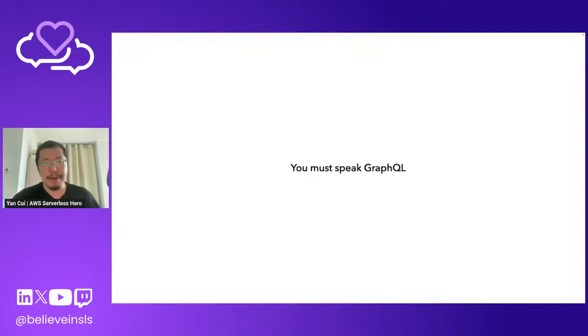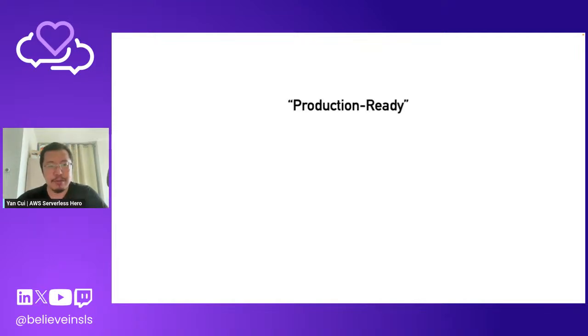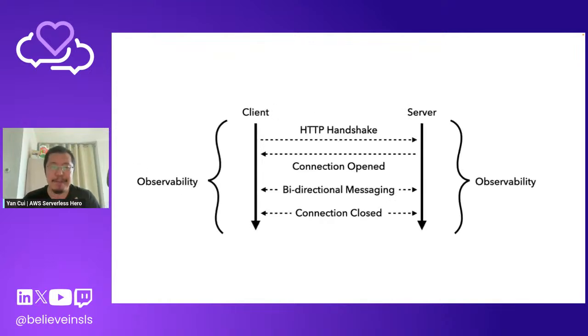For the last couple of minutes, I want to spend time talking about some of the things you want to think about, and also common challenges when making your WebSocket application production ready. When it comes to production readiness, I always like to refer to the pillars in the AWS Well-Architected Framework, starting with operational excellence. This is where you want to have good observability set up for both the front end or client and the server side,